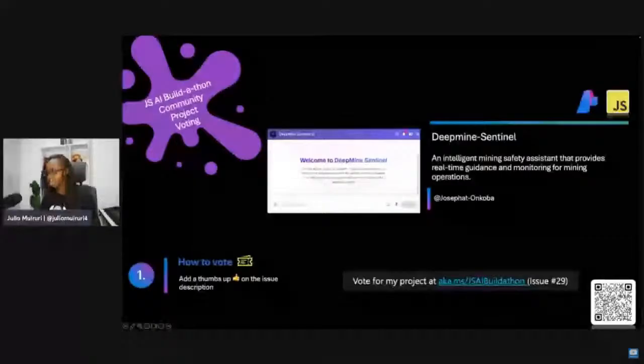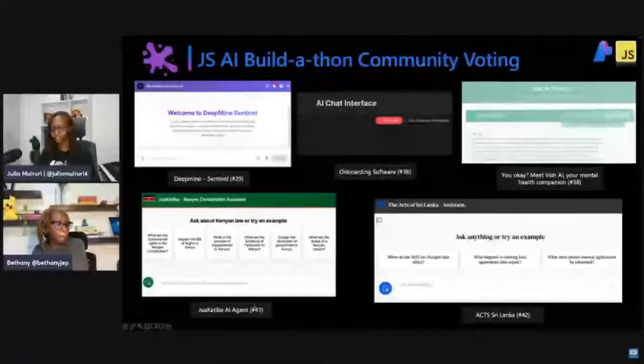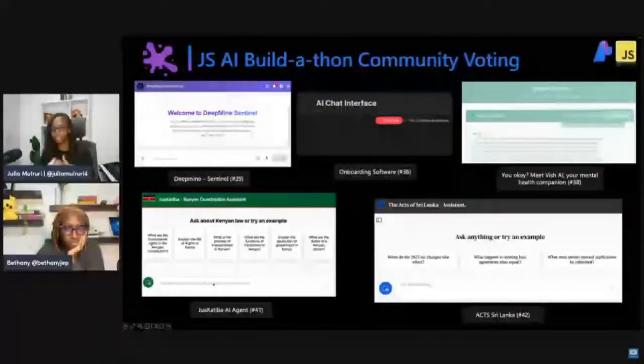And I will hand it over to Bethany, who is going to talk and walk us through some of the awesome submissions that you've seen coming in. Some of the solutions are really, really personal. I mean, you've been watching the news. We've had a lot of very difficult political disruptions happening, and so you can see that people are having problems that are close to them, close to their societies, and working with technology to provide solutions for this. So I hand it over to Bethany, who's going to walk us through some of these submissions.